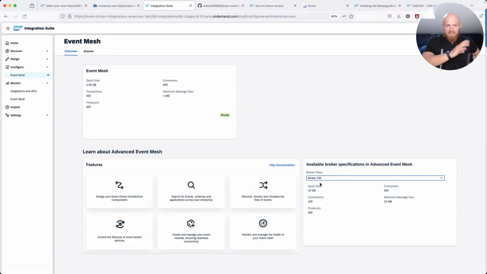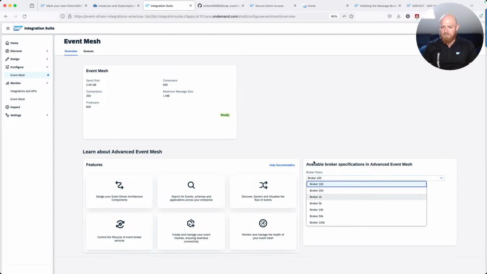But now it's part of the Integration Suite, so it's basically included within your license of Integration Suite. So if you have an Integration Suite license, then you basically get event mesh, right? And you no longer have to instantiate, for example, a separate service, which is great. But yeah,